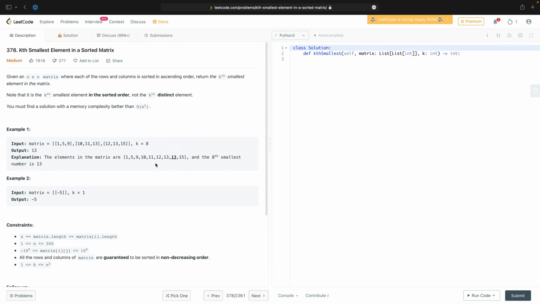We know something about this matrix. So for example, if we were to look in index 8, 1, 2, 3, 4, 5, 6, 7, 8, that happens to be the same here. But notice this 12 and 13 are in a different order. So one thing we could do is flatten this matrix into a list, sort the list, and then get the 8th positional element. That is going to use n squared memory,